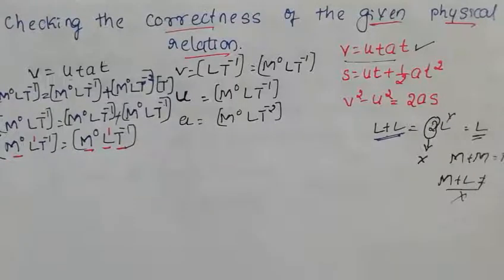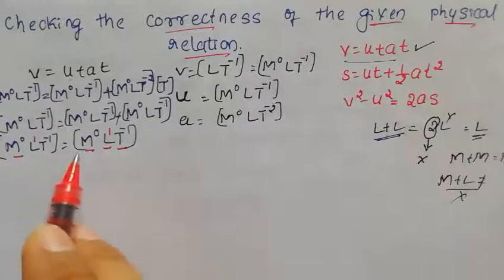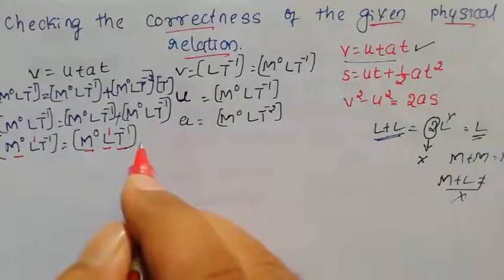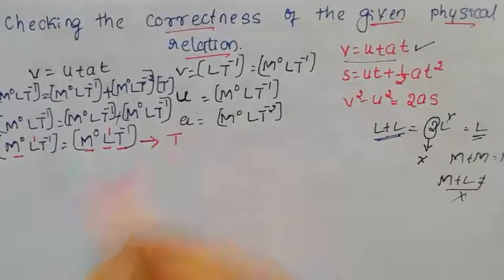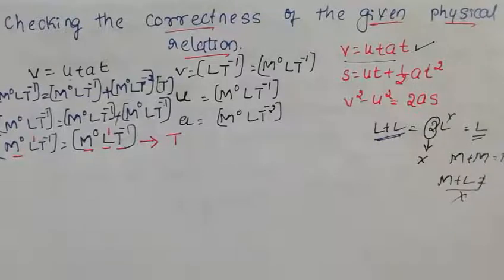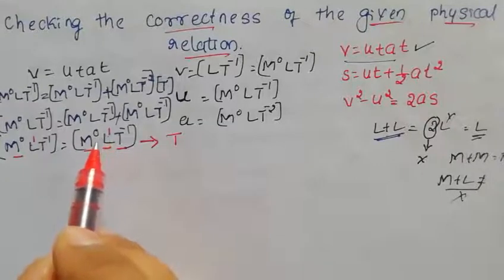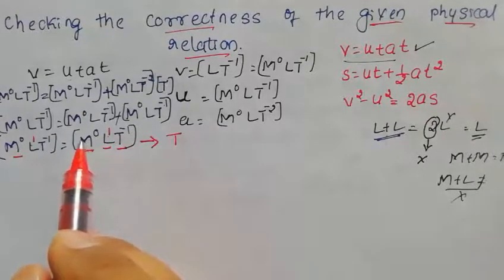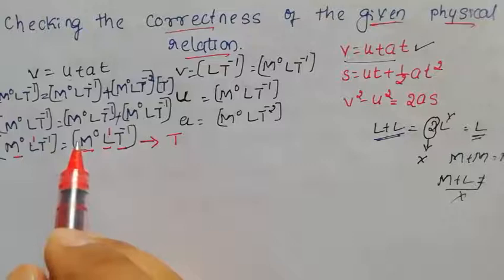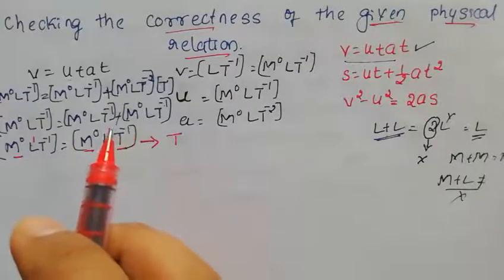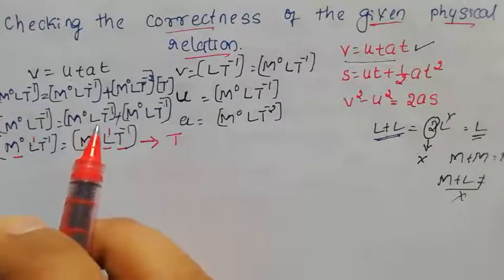The thing is, on both sides of the equation, if the dimensions of a fundamental quantity remain constant, then this equation is dimensionally true or correct. So this is a way of checking. If both are same, then the dimension is correct. If not, sir, if I get here L square, and here L power 1 is there, here L power 2 is there, in that case, it is not dimensionally true or it is not correct. It is a dimensionally wrong equation. Like that we need to check.